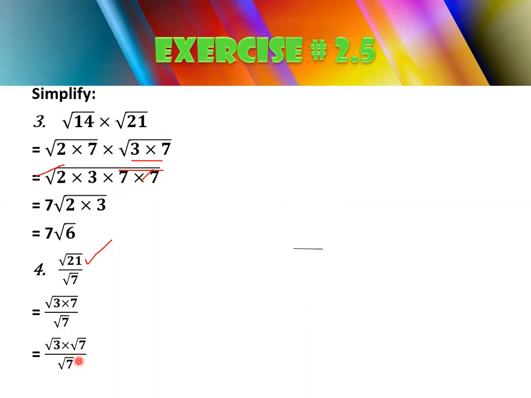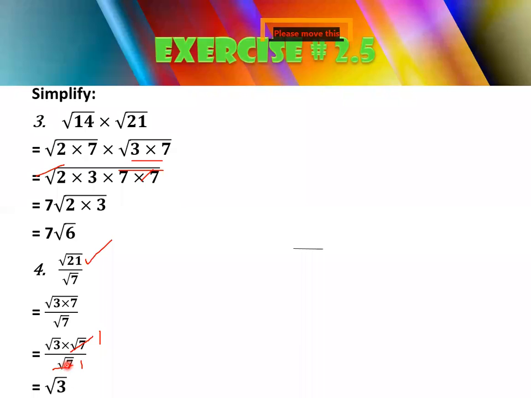Now, as you can see, in the numerator and denominator, the radical and radicand are both the same, so it will be cancelled, like 1 and 1. You can cancel it just like this, and your answer will remain under root 3. This will be cancelled with each other and the answer will be under root 3.